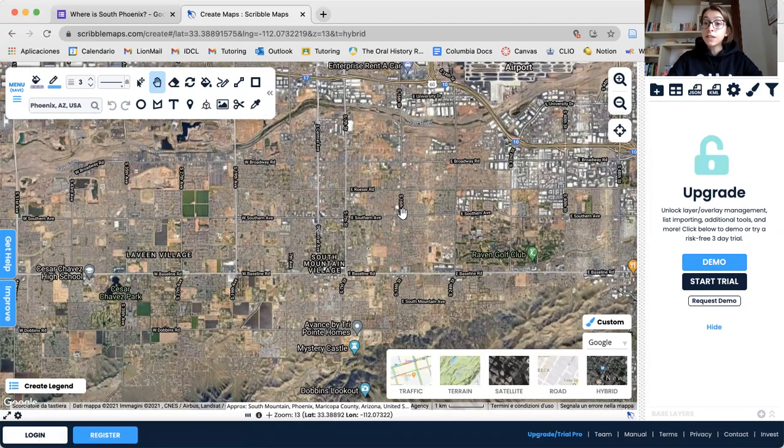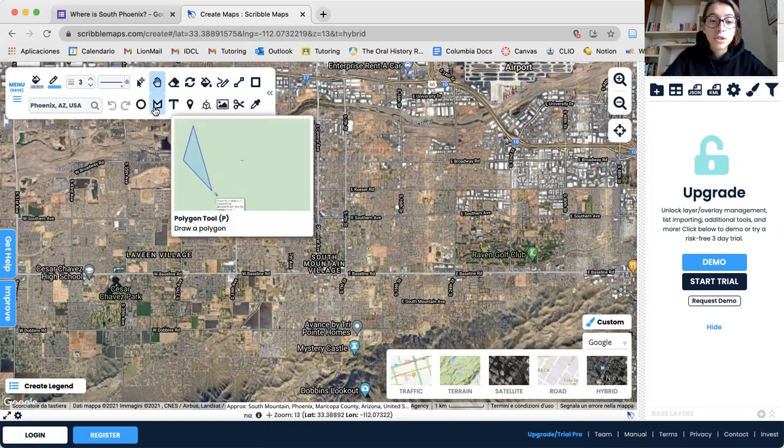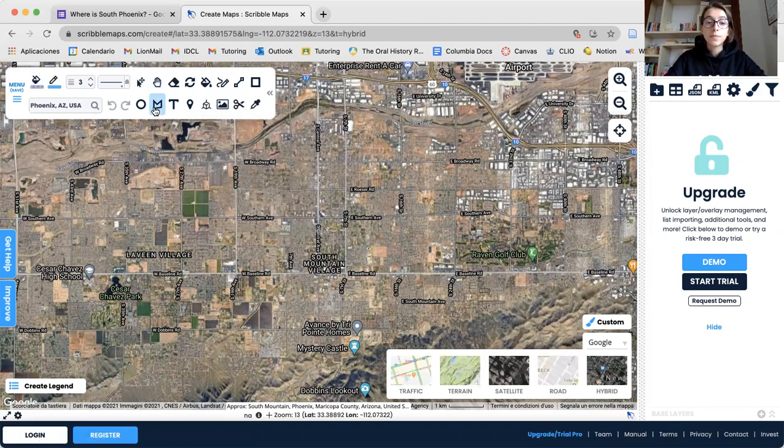And at this point, I want to look for this option. I'm gonna click here. And now with this, I can draw the map. Now you can click anywhere like this, and if you click more,